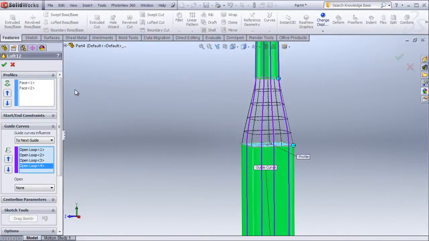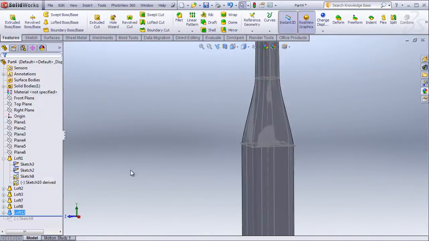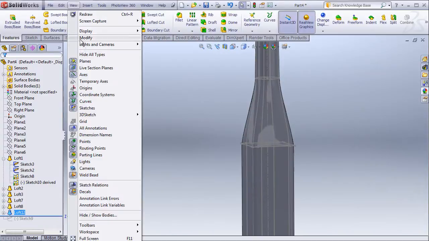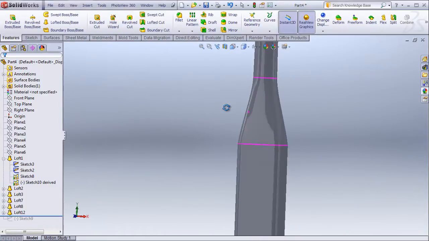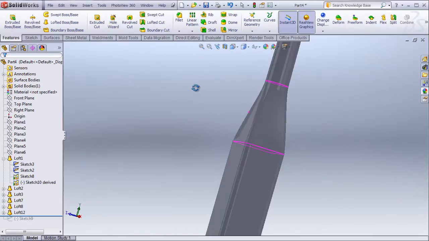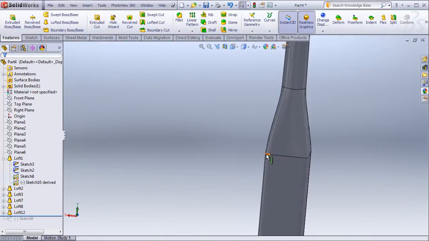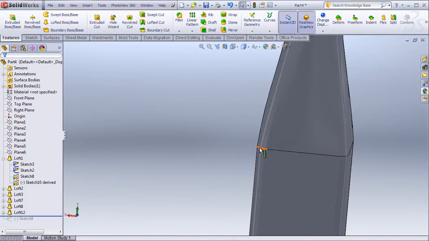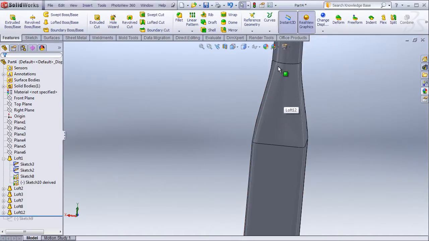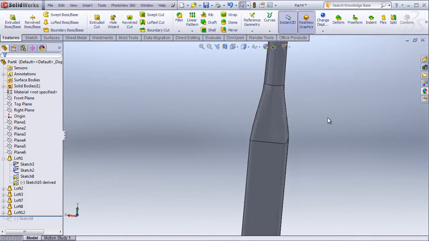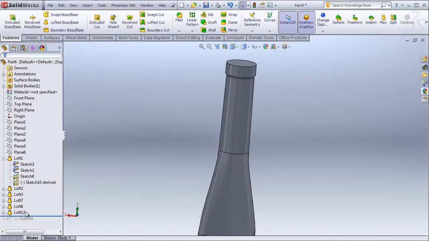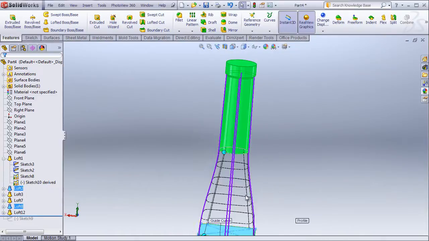Now, after even doing this, if I click OK, and if I hide all types so I can see it clearly, well, it still does not. It got the shape from the sides of the guide curve, but it still did not get the shape from here, the moment it changes and goes up till here and merges here. So in order to get a nice geometry, I'm going to go back to that particular loft,